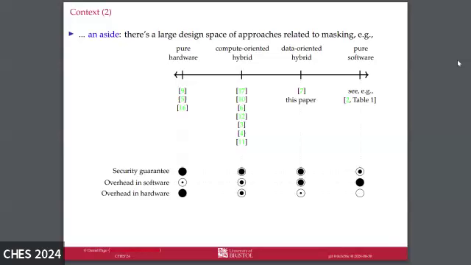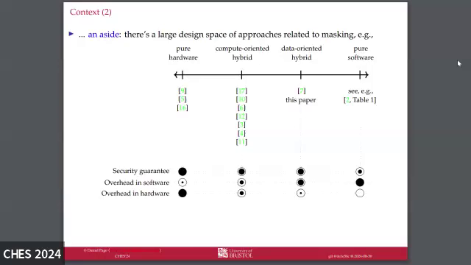When we wrote in the paper, this is sort of an offshoot. We tried to categorize the different types of approaches by which you can assist a software-based masked implementation, or masked implementation full stop, I guess, because the far left-hand side is to do this purely in hardware, in fact. So there's a sliding scale from left to right, where you start with more hardware and end up with more software on the right-hand side.